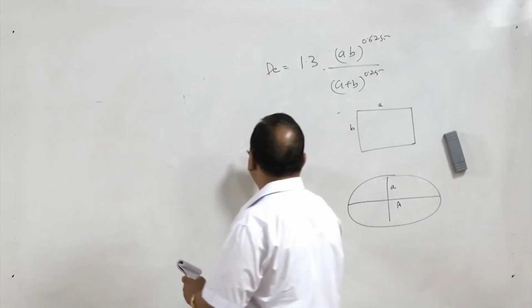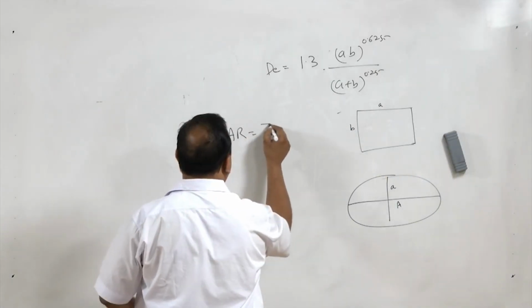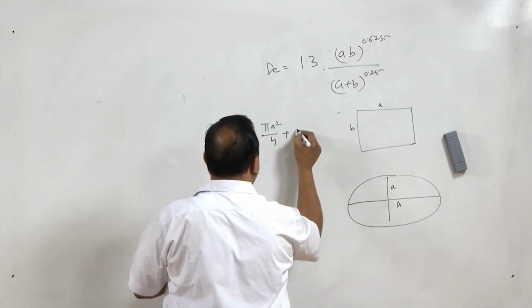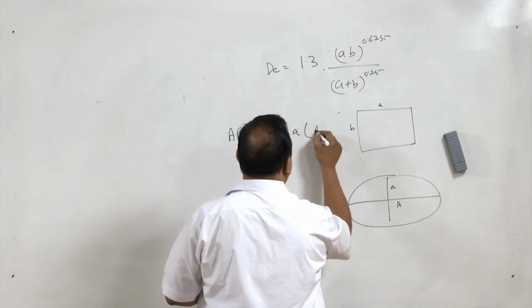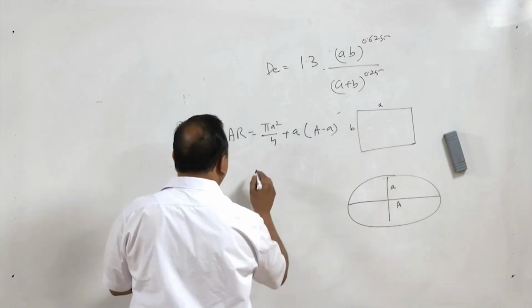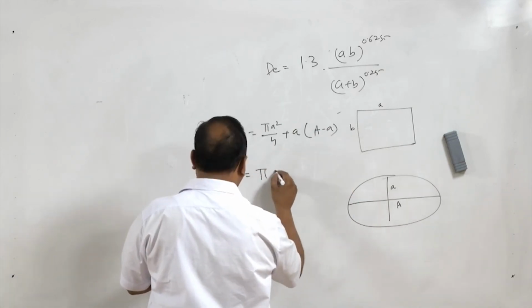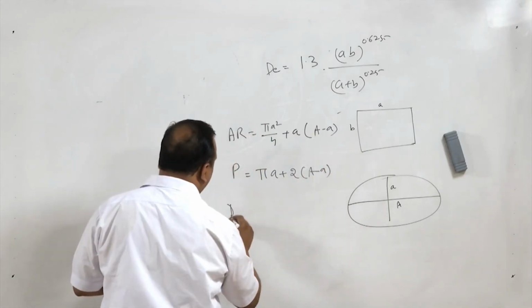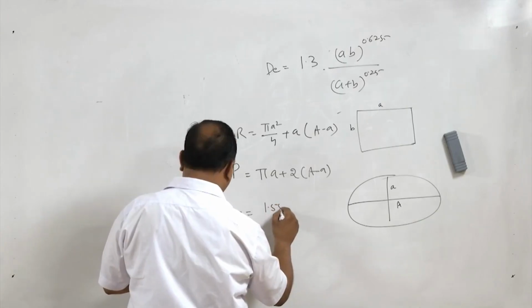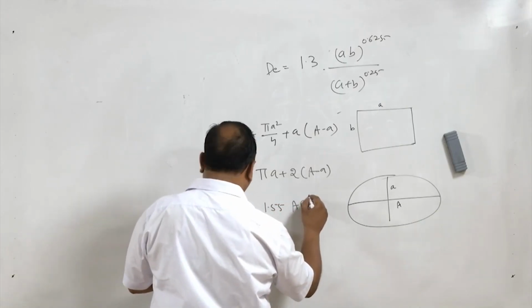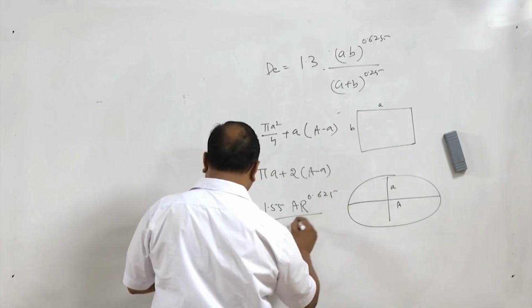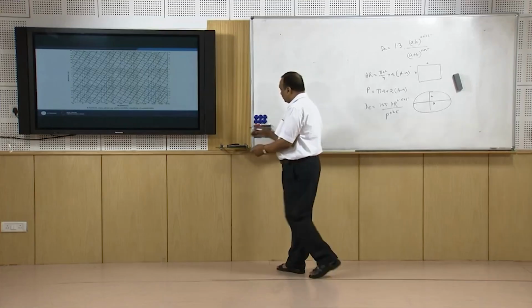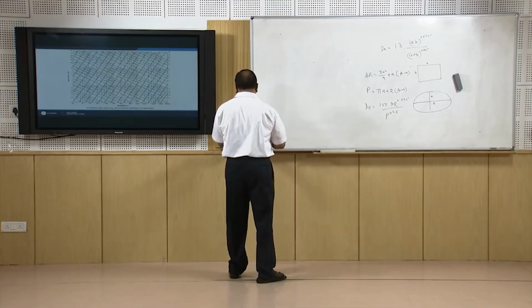Then area of this is going to be pi A square by 4 plus A into A minus A, and P is equal to pi A plus 2 A minus A, and equivalent diameter in this case is going to be 1.55 A R raised to power 0.625 divided by P raised to power 0.25. So, in both the cases, whether it is a rectangular duct or a